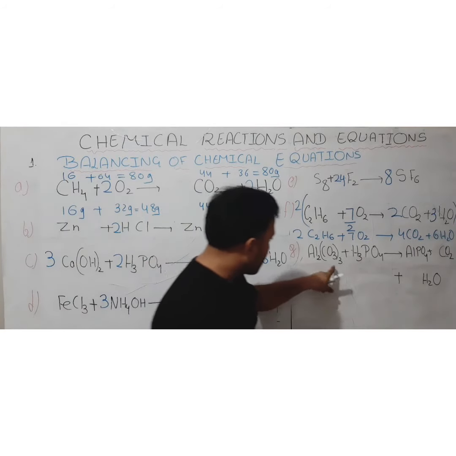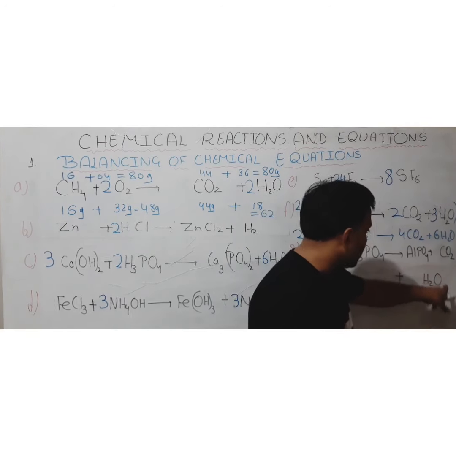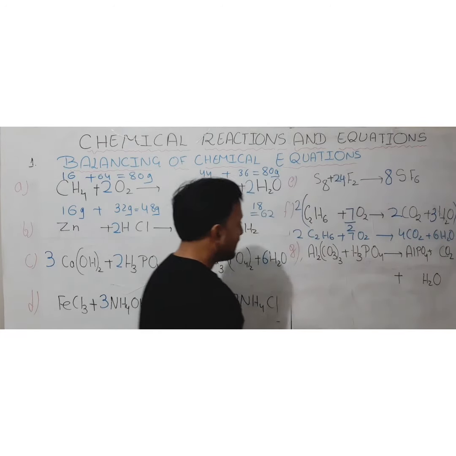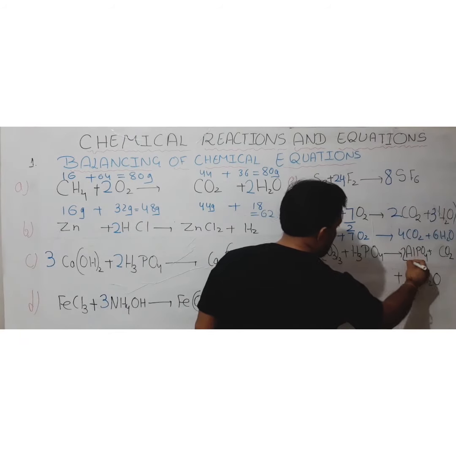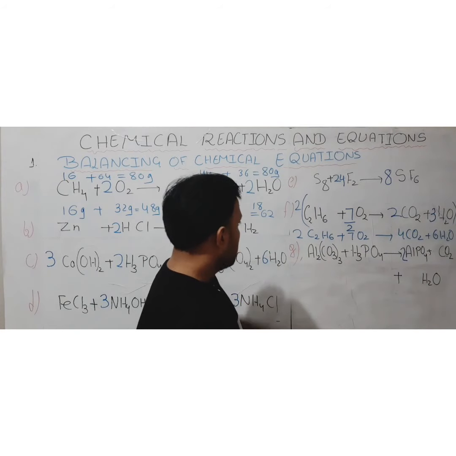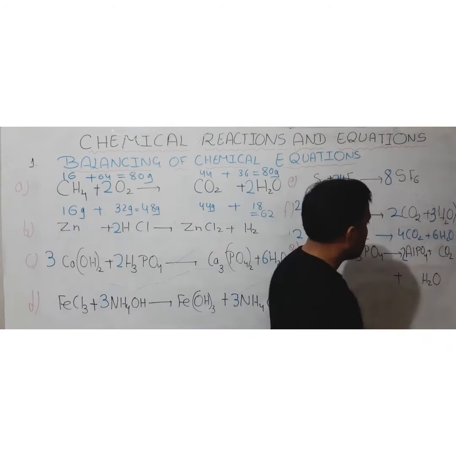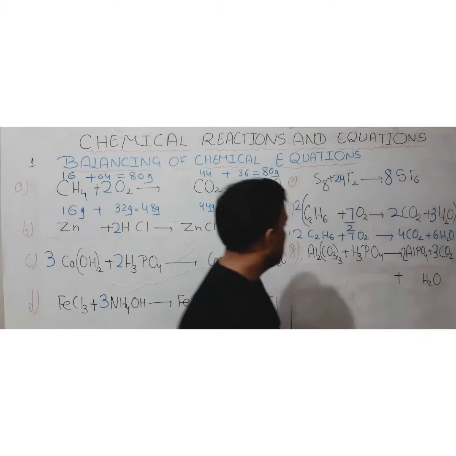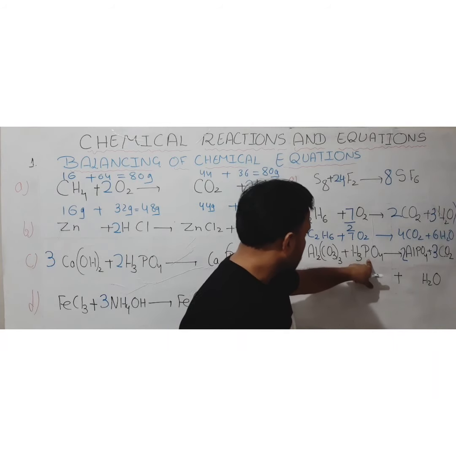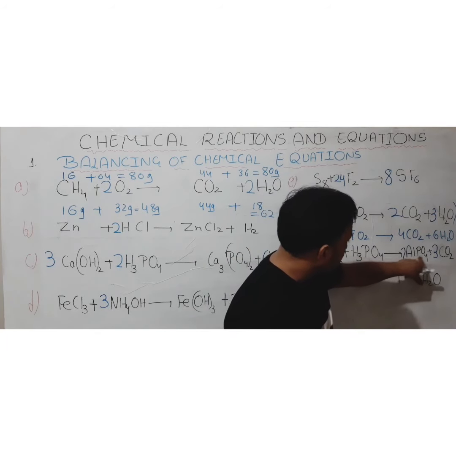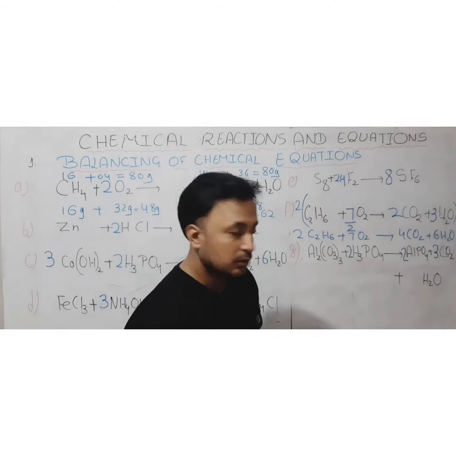So aluminium carbonate reacting with phosphoric acid, and you are getting aluminium phosphate plus carbon dioxide and water. Let's check aluminium. Already you can see 2 aluminium atoms, so we will put 2 over here. Aluminium is balanced. Now we'll see the carbon is 3 here and here it is only 1, so we'll put 3 here. Now you can see phosphorus, because it is other than hydrogen and oxygen. Phosphorus is 1 here, but when we put 2 as coefficient here, phosphorus becomes 2 here, so I will put 2 here to balance phosphorus. Understood?